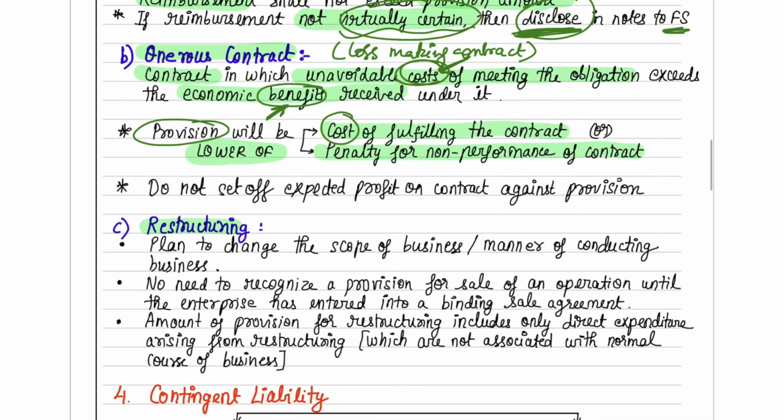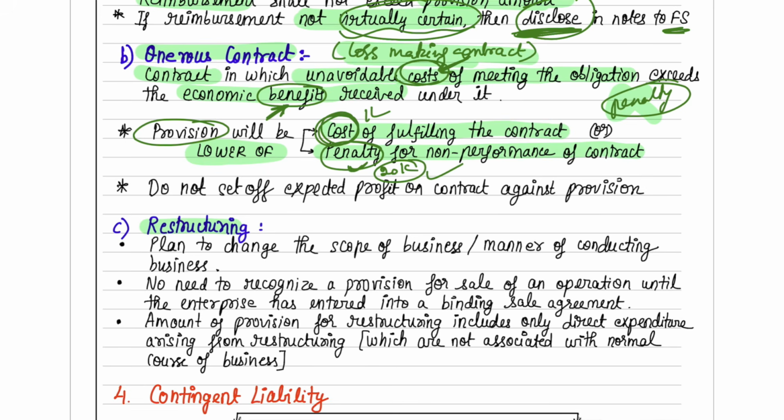So you'll say, if there is a loss making contract, then why are you doing that contract? Cancel the contract. But in the real world, it does not happen so easily. There'll be a penalty that you have to pay to cancel a contract. So see whether the penalty is more or the cost of fulfilling the contract is more. As a normal person, suppose the cost of fulfilling the contract is 1 lakh, and the penalty you have to pay for not doing that contract is only 20,000, then you will just pay 20,000 and leave the contract.